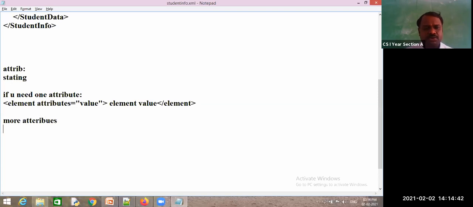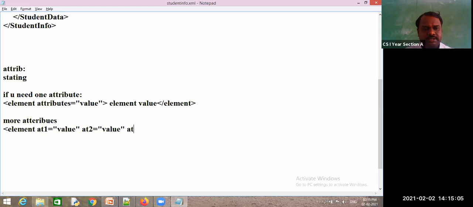So if we want to use more attributes, then the way you have used it for HTML, the same thing will continue. Element, attribute 1 equal to value, and that value must be enclosed between quotes, then one single space, attribute 2 and its respective value.